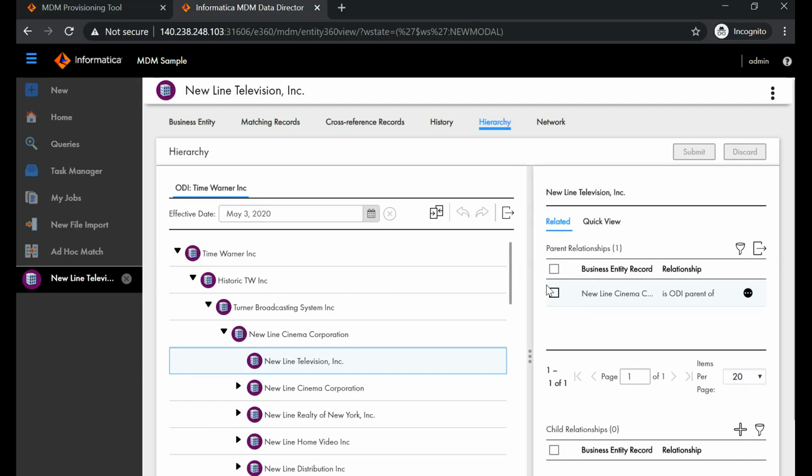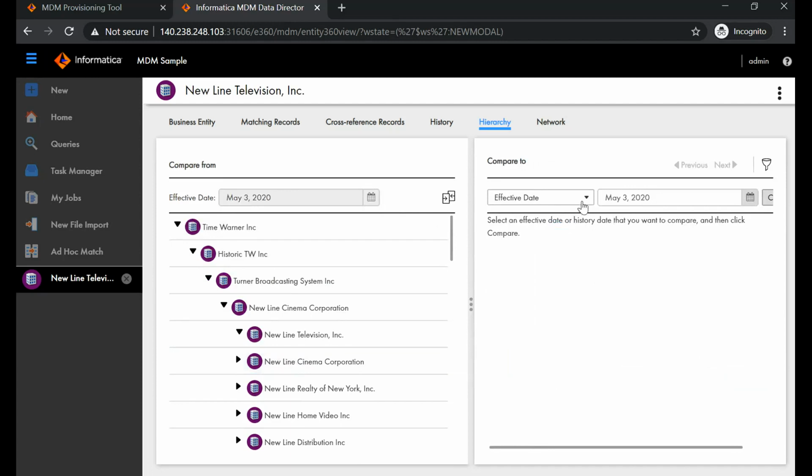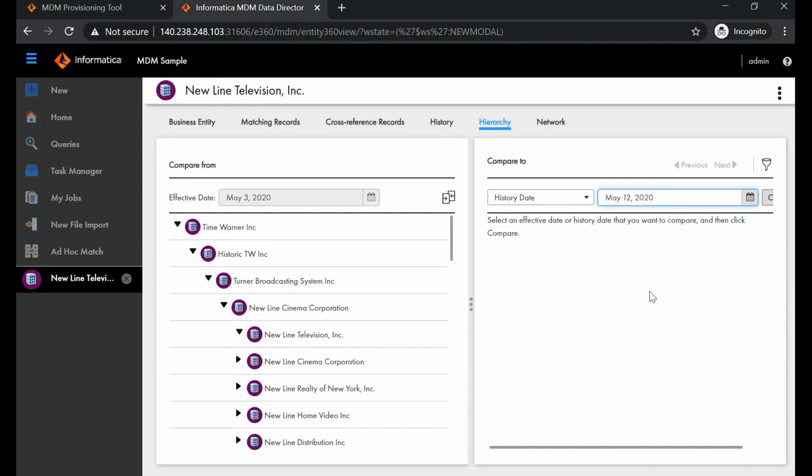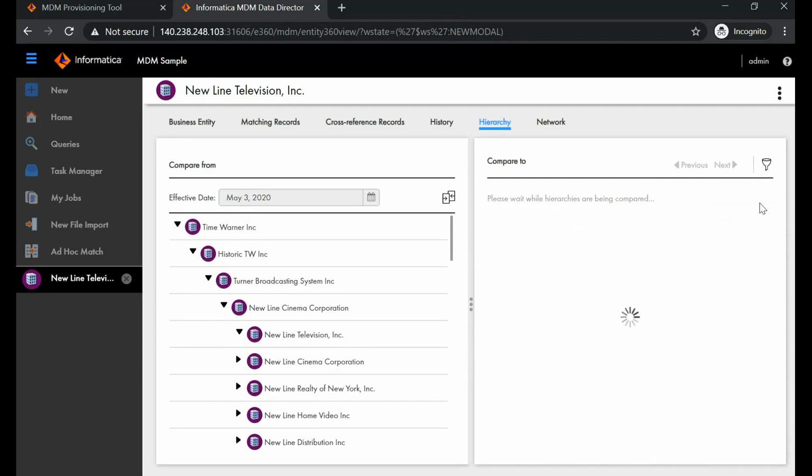The first one is comparison of the old hierarchy setup with different versions. You can see there is an option for comparison. When I choose that, I will be prompted to choose from which history date I want to see the difference. For example, I choose a date and choose the compare option.